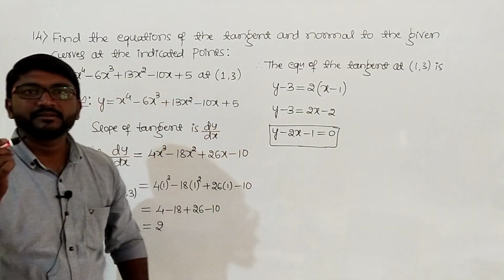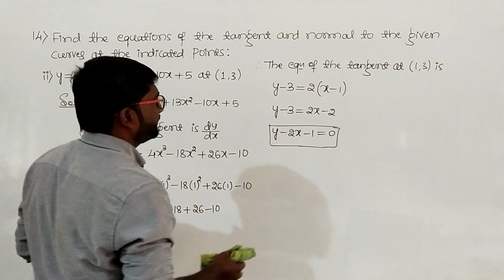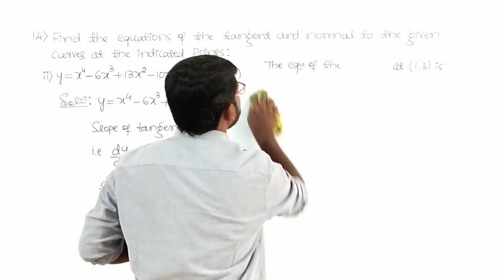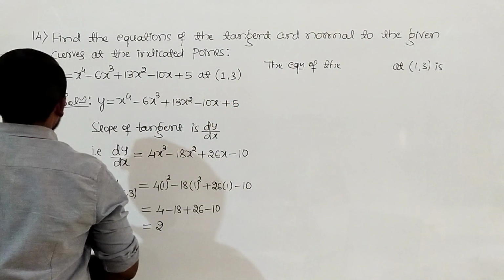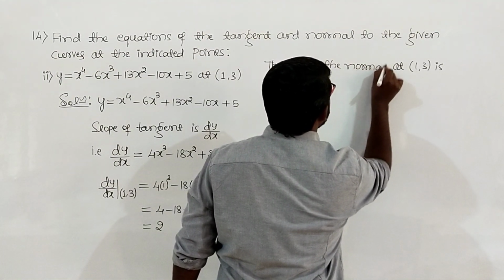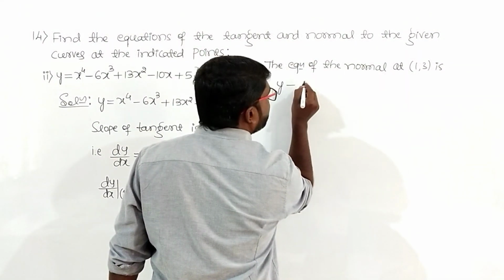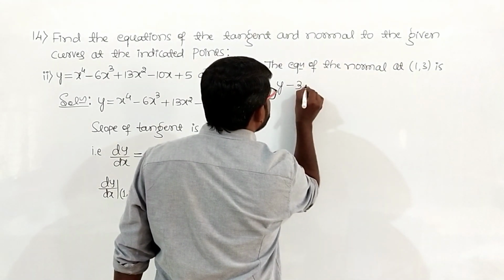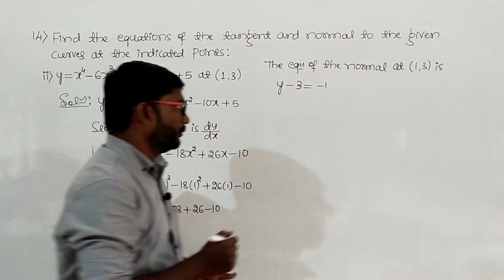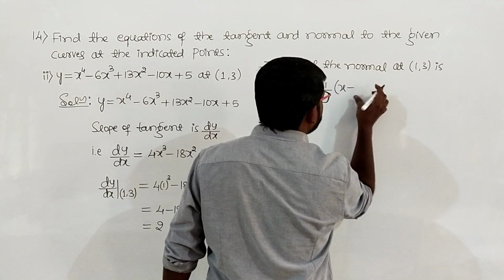Next we will have to go for the equation of the normal. So note down this, and then I will write the equation of the normal. Here the equation of the normal at (1, 3) is y minus y naught. It is 3, y minus 3, equals minus 1 divided by f dash of x naught, or dy by dx. It is 2. So minus 1 divided by 2 into x minus x naught. It is 1.